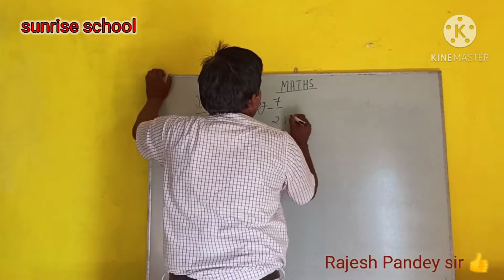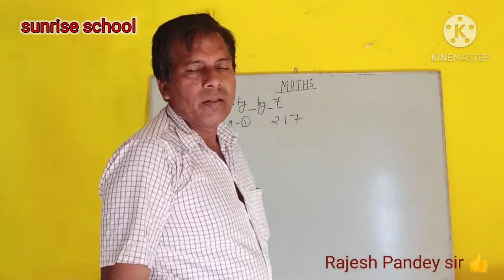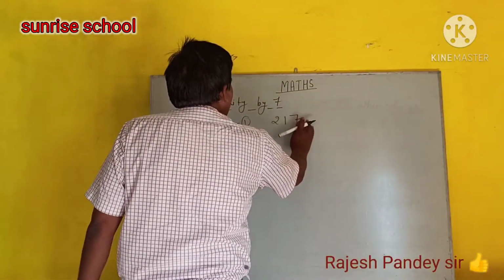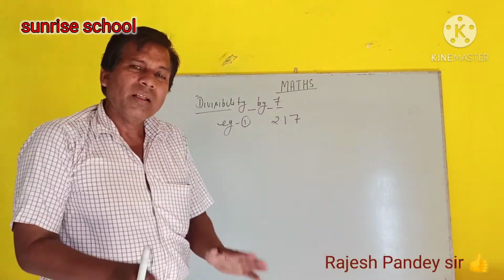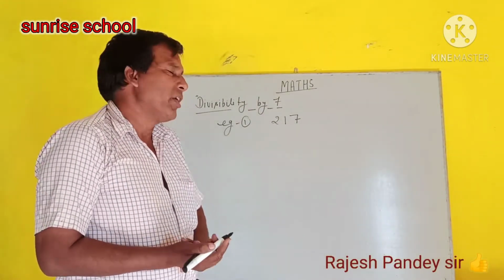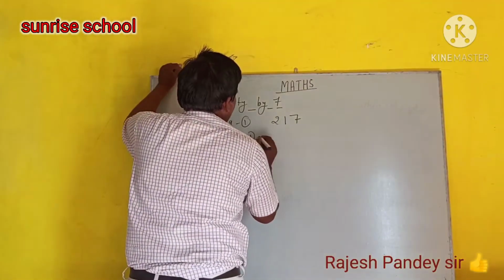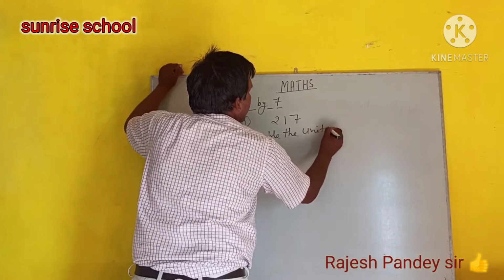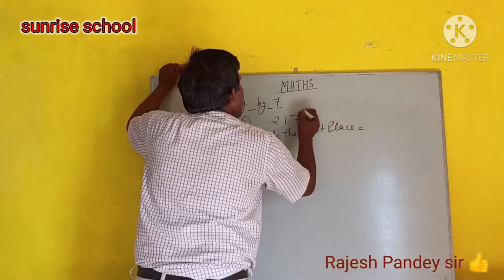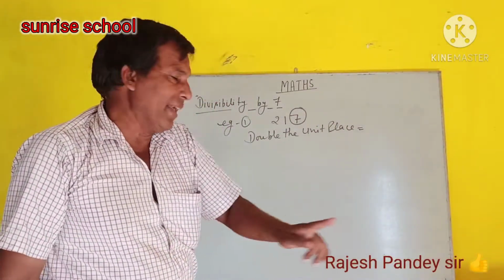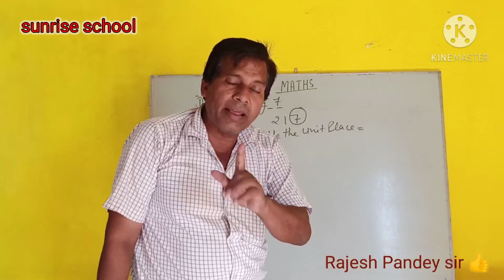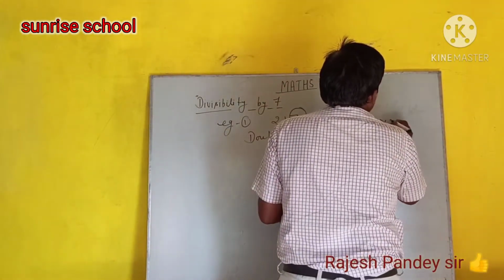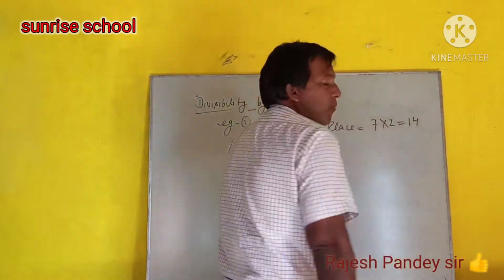Here is written 217. How you check that number is divisible by 7? आपको देखना है यह नंबर 7 से कैसे डिवाइजिबल है। Double the unit place. Here is 7 at unit place. आप लोग यहां देखिए, यहां यूनिट के प्लेस पर 7 है। Double it means 7 multiply by 2. 7 2 जा 14।